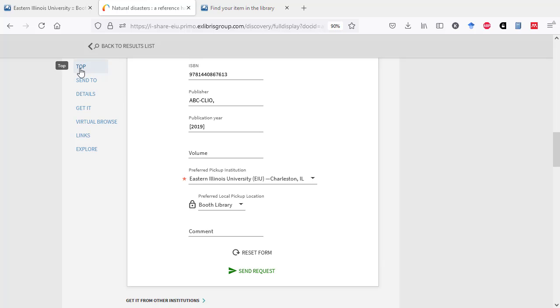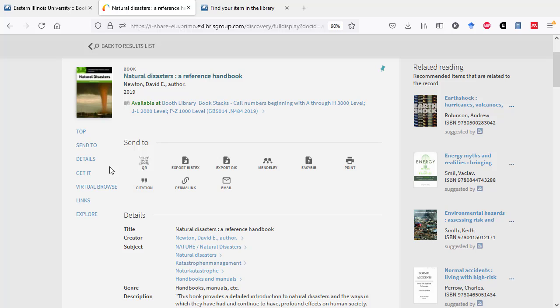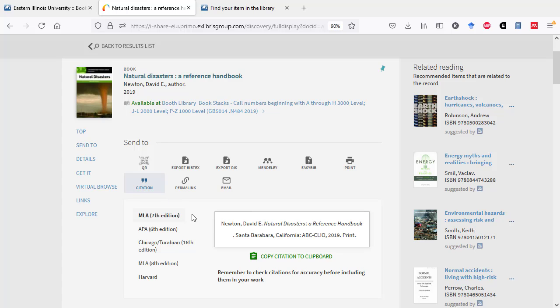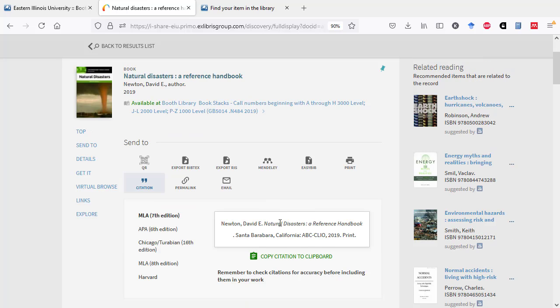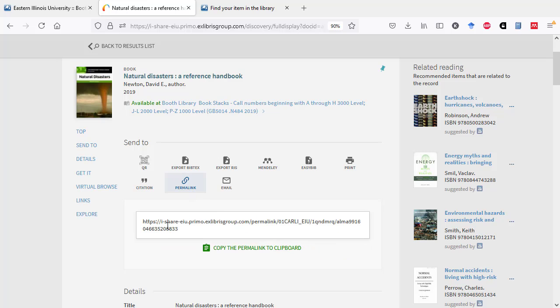And one final feature of the catalog that I want to make sure you're aware of is some of these send to options. There are quite a few, but primarily there's the option to generate a citation automatically following one of a handful of styles. That will help get you started with your citing. But again, there's the notice here to remember to check your citations for accuracy, because these are computer generated. There might be a typo or something you need to change in terms of capitalization or punctuation. You can also copy for yourself a permanent link back to this record,